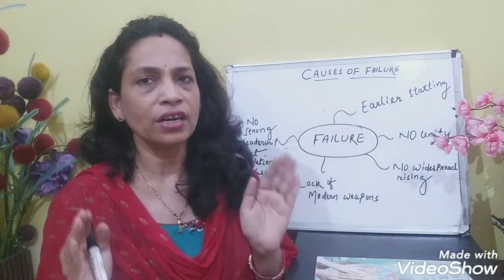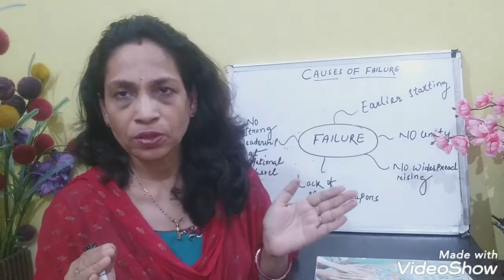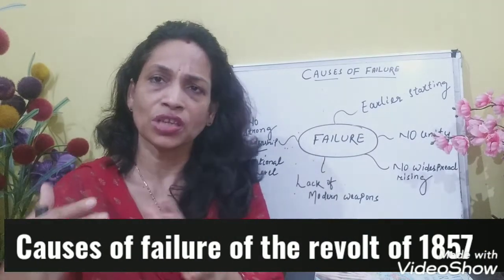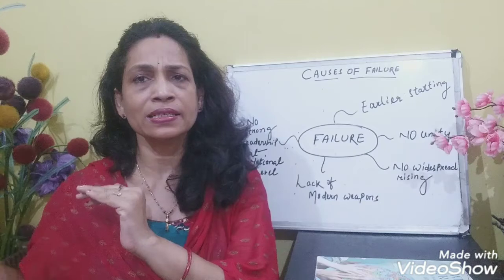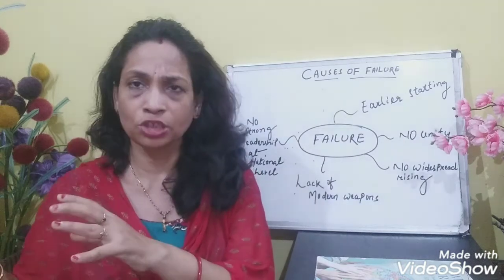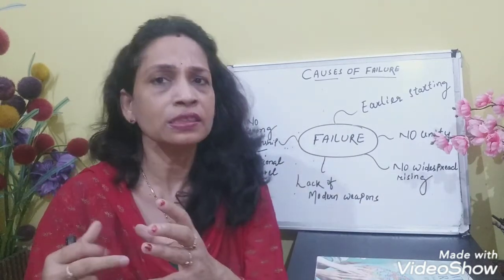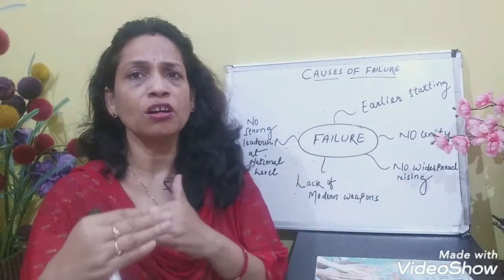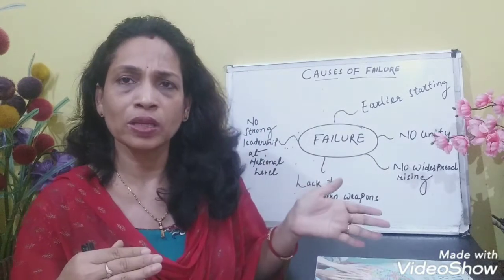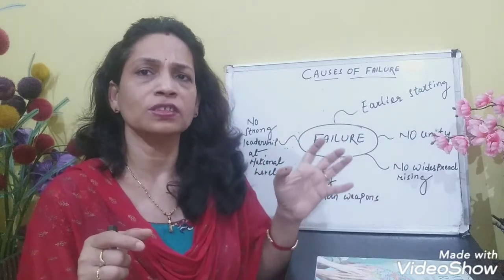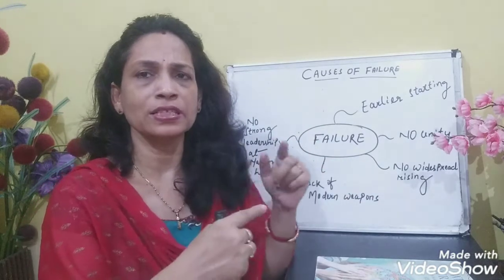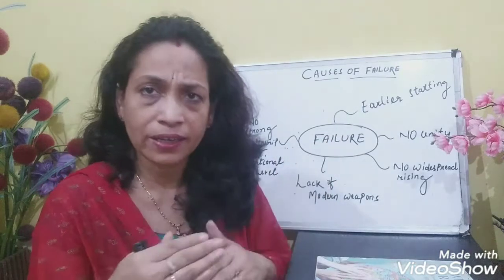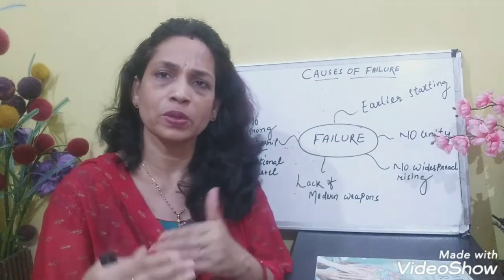The revolt started much before the appointed date. There was a planning that at one time they would start the revolt, but the incident of Mangal Pandey's execution made the revolutionaries start the revolt first, and it could not spread evenly at all the places, so it became easy for the British to go on suppressing one after another. During that period, the Governor General was Lord Canning, so he succeeded in suppressing the revolt.